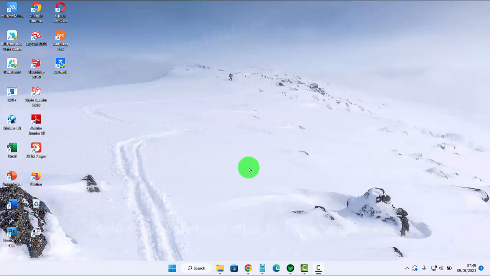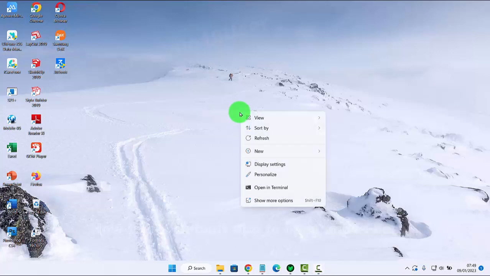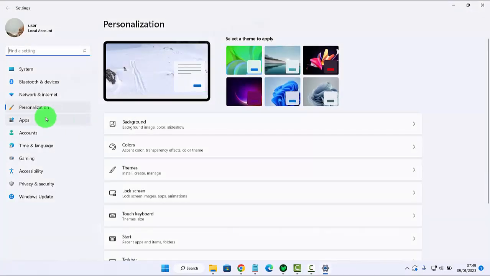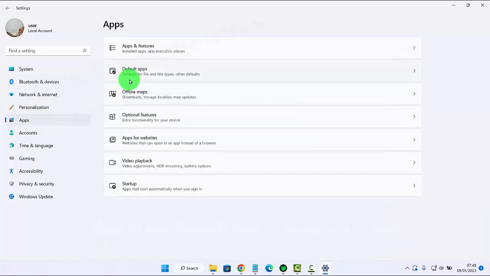To set the file and to open the mp4 files in Windows 11 Home, right click on an empty area on the desktop, select Personalize, and then click on the Apps tab, select the file apps,